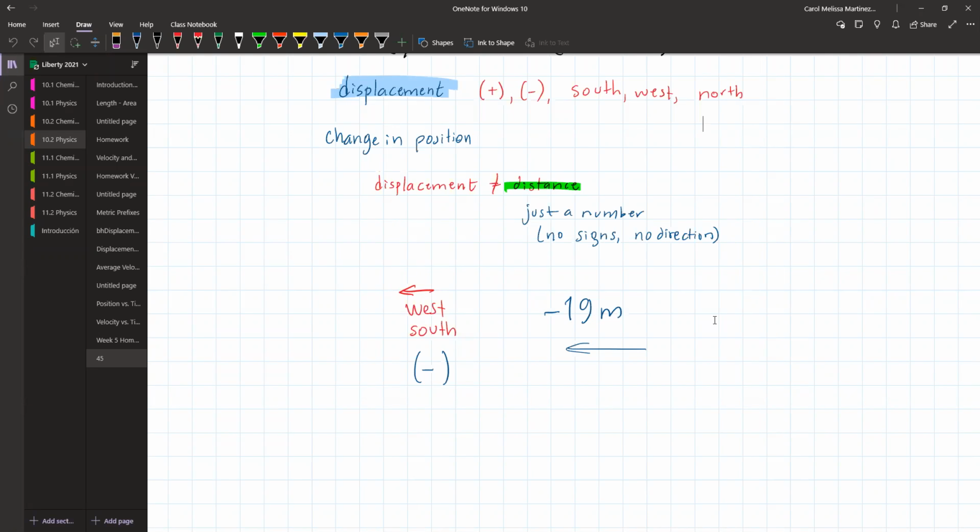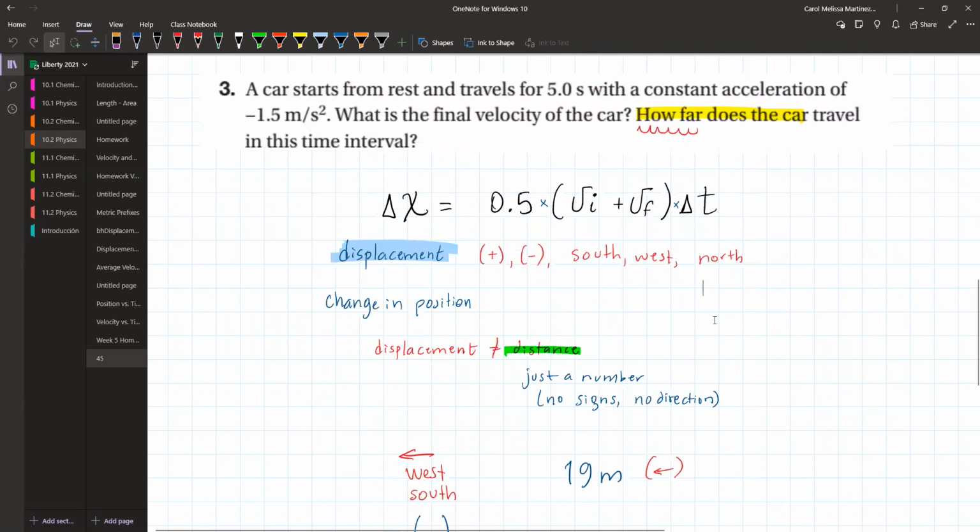So to make it positive, what you can do is erase the sign and put the direction in symbol like this, if you want it to be positive. But as I told you, by the type of question, when it says how far, it's just distance, not displacement. Now, if the question